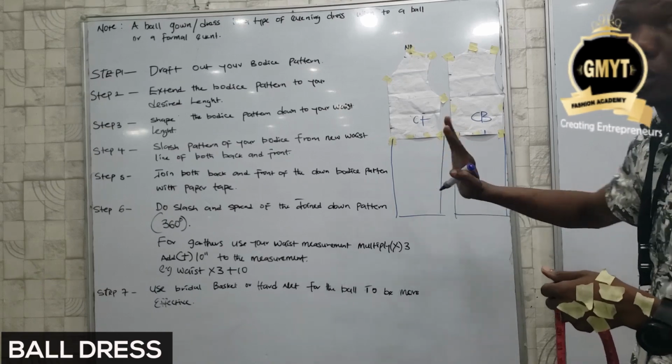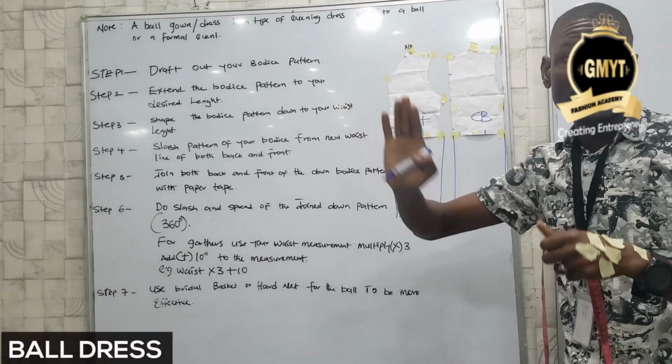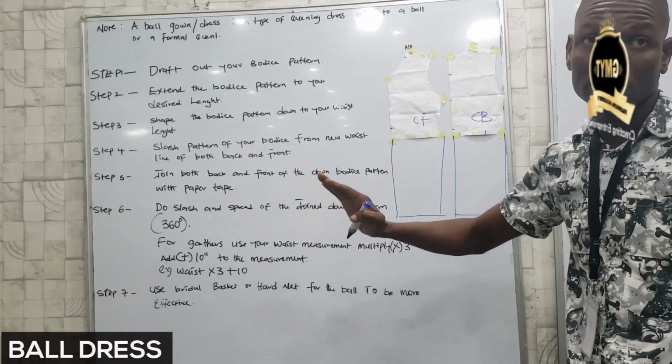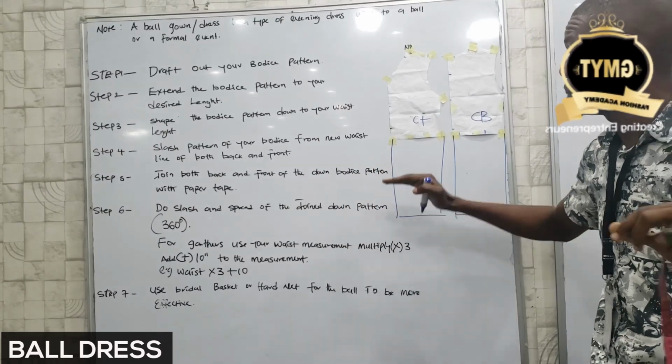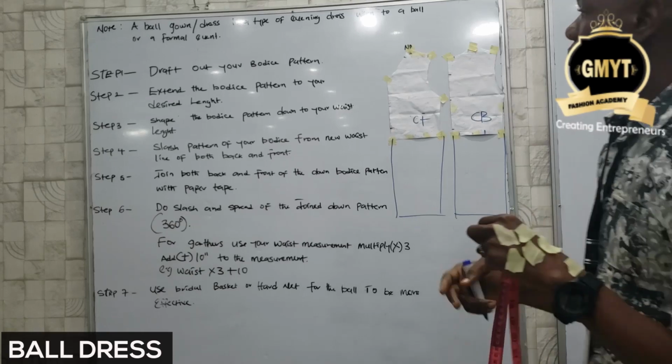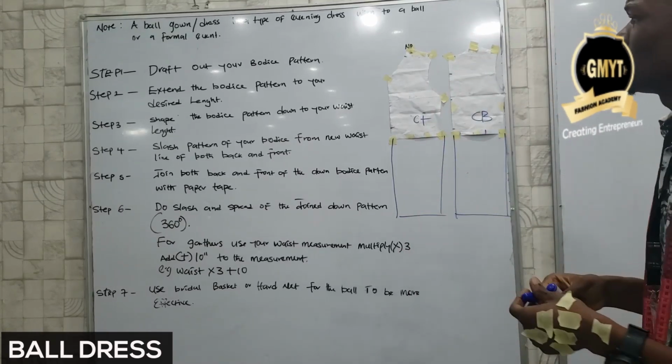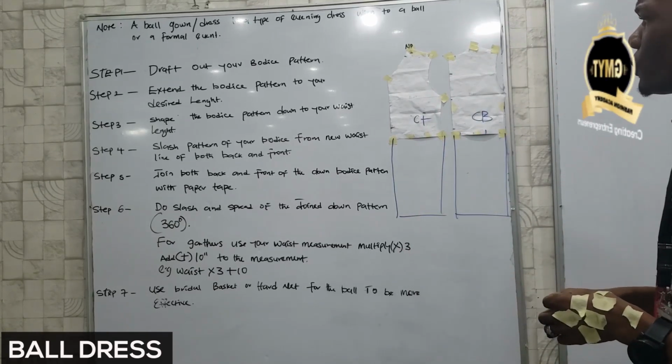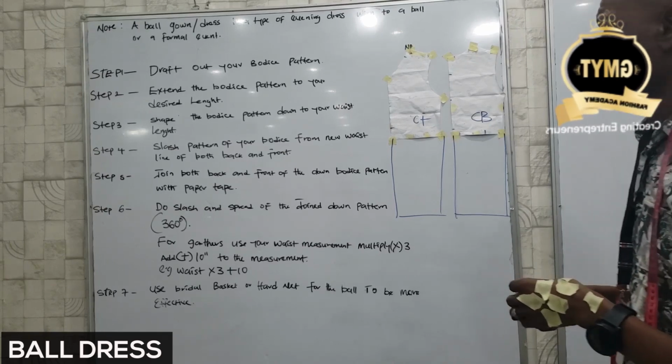Now the down part, you are making a ball dress. Don't get it wrong, the down part is a very loose dress. You are getting the loose part of the down part from the waist all the way down, while from the waist up is fitted. Now step 4, it says slash pattern of your bodies from the new waistline of both